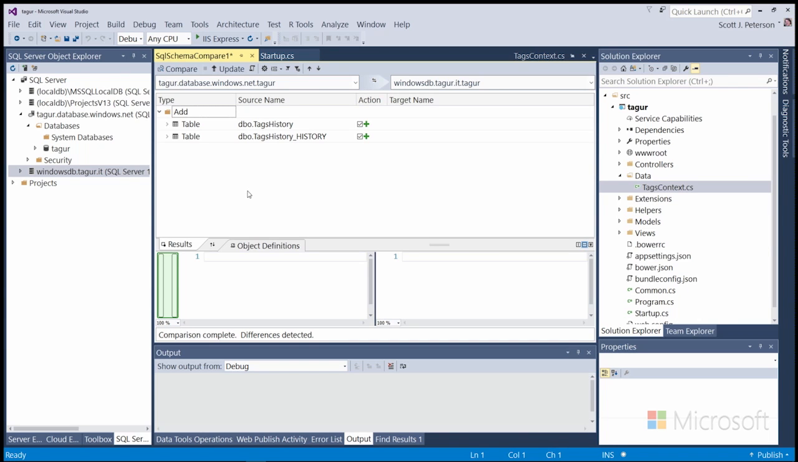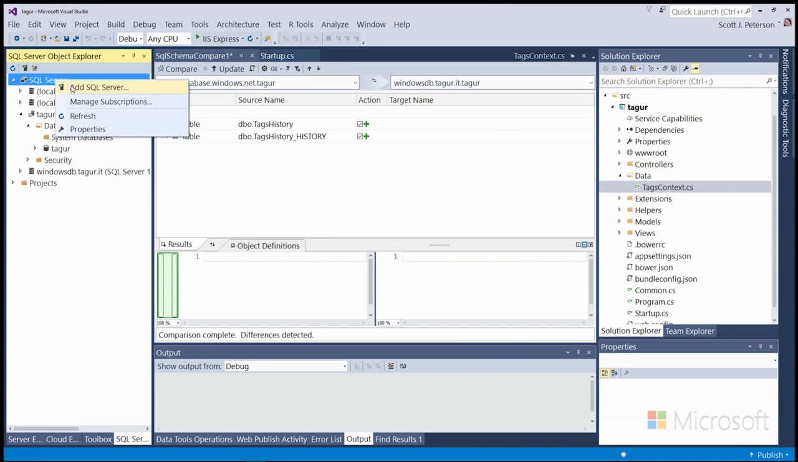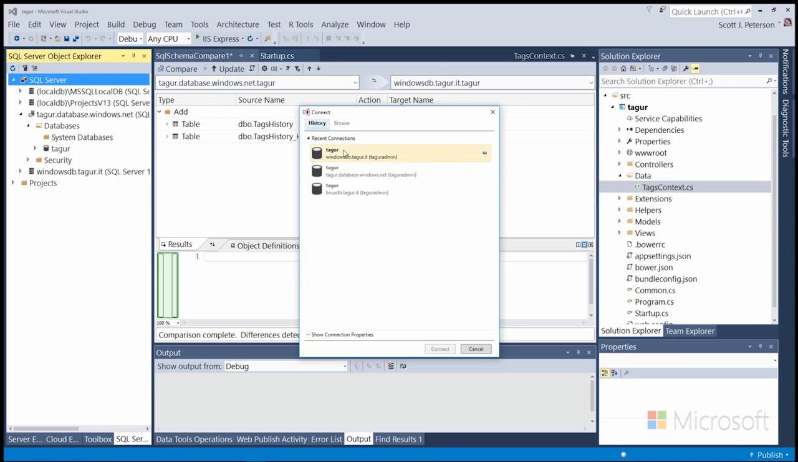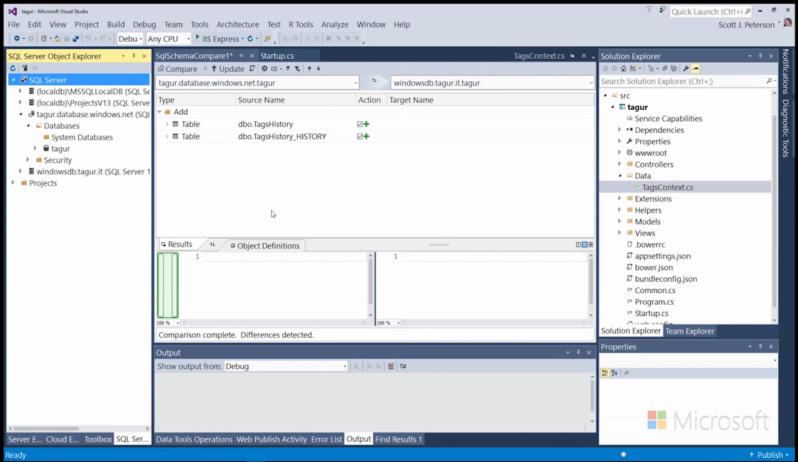This gives us the ability to create a new project. So the first thing I'm going to do is connect to that SQL Server 2016. I've got it now here in my history. Remember, that was a Windows DB, SQL Server 2016 running on Windows. I'm going to say connect. And now that that loads,